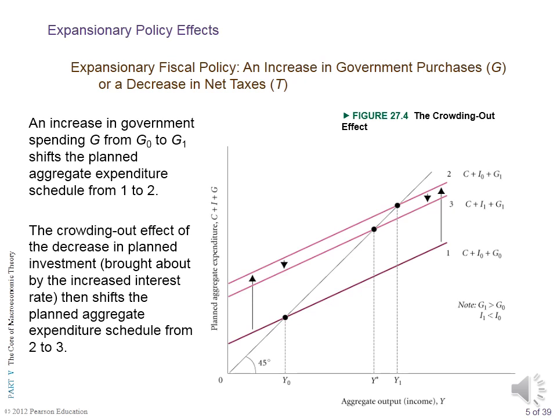Okay, يبقى because of the crowding out effect, the final effect of the increase in aggregate expenditure on Y will be from Y0 to Y star, خلاص في الأول before the crowding out effect it was Y0 to Y1. يبقى the crowding out effect decreases equilibrium income from Y1 to Y star. واضحة؟